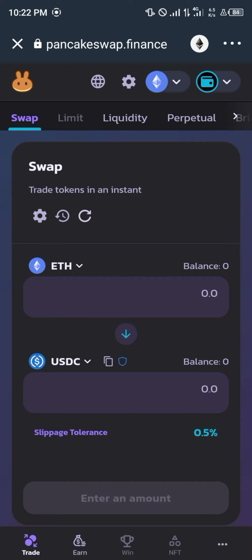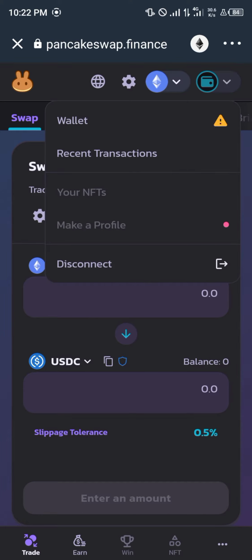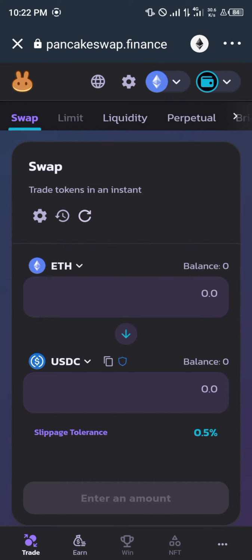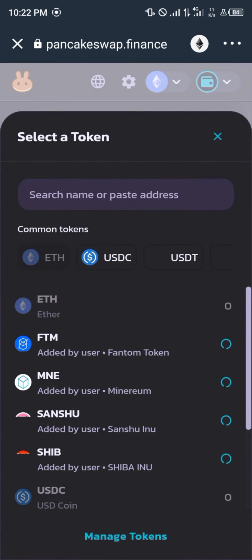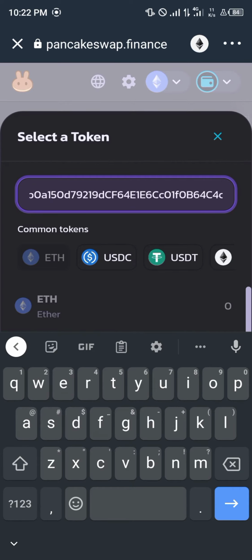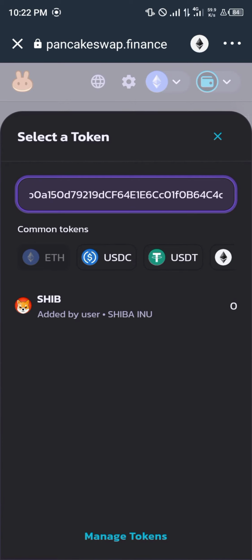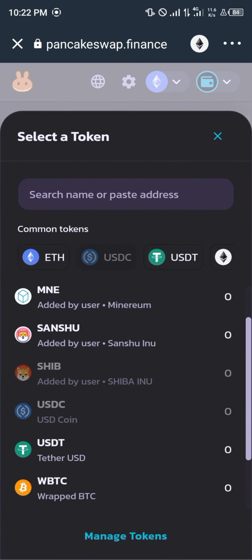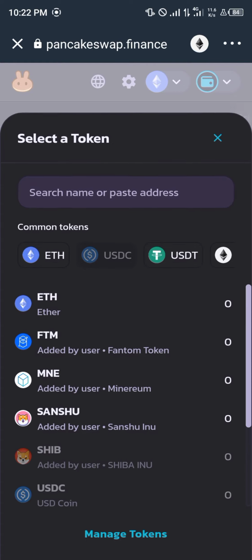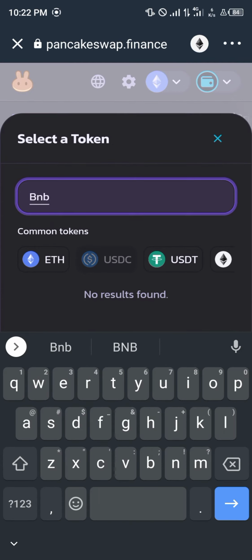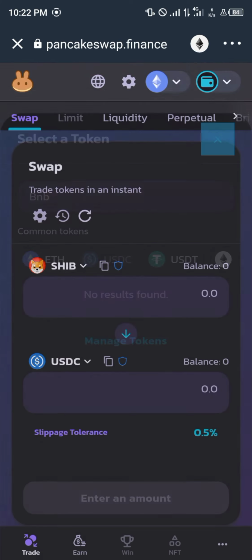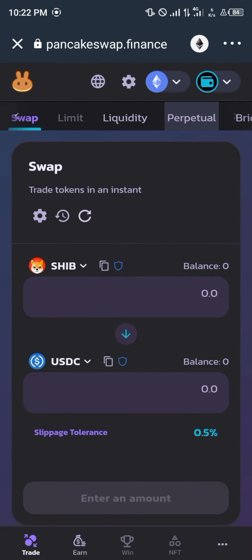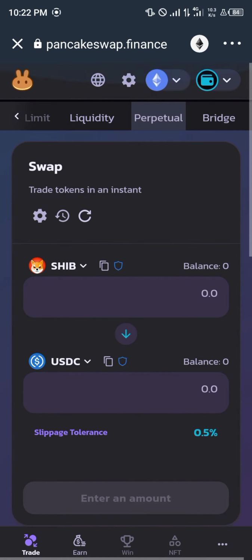Once that's done, we make sure we're connected. You see an option to disconnect that shows you're connected. We're going to be pasting the address we just copied for the SHIBA Inu, and we click on add. And once that's done, we're going to be looking for, call it BNB. Okay, that's not possible because we're looking to swap rather than going to the bridge, since there are two different